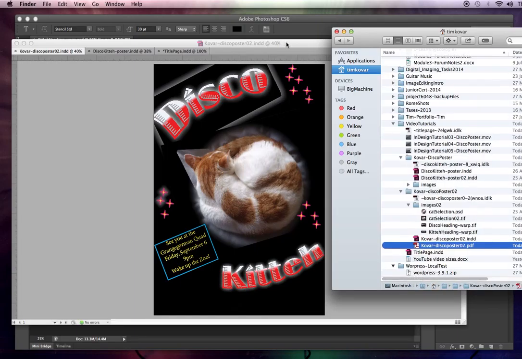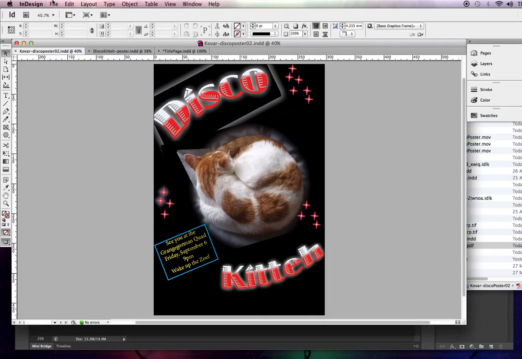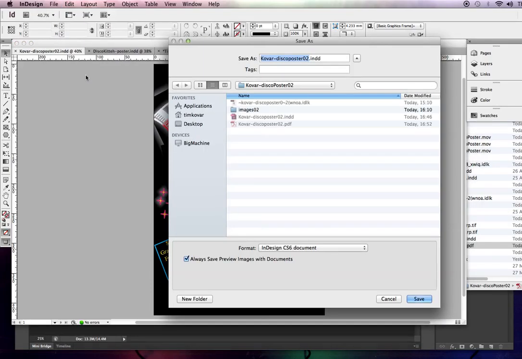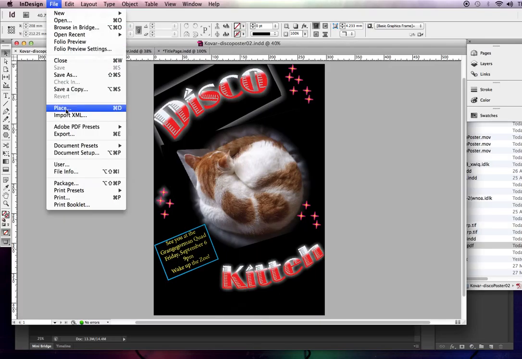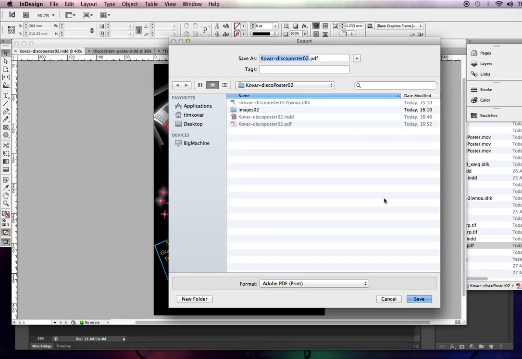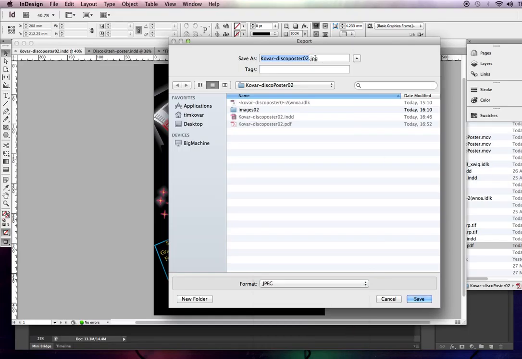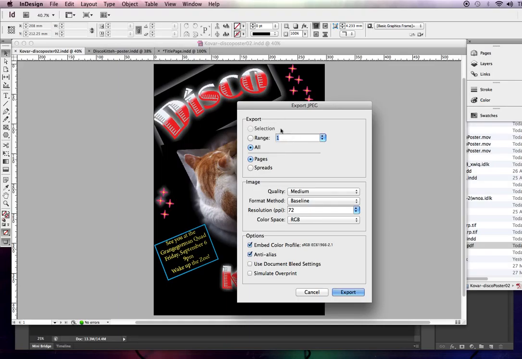Okay, but we also need a JPEG. All right, so we can do File, Save As. This gives us our InDesign options. All right, what we need to do is export it as a JPEG. All right, so remember this is an A3 size image, which is a little too big to fit on screen, but we'll export it as a JPEG. It gives us this option. How much do we want to do? We've only got one page. Okay, here's our JPEG